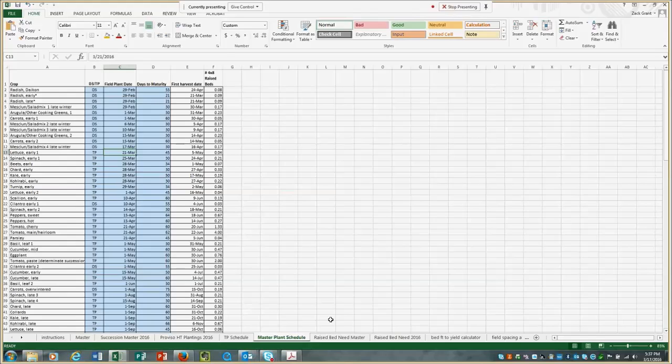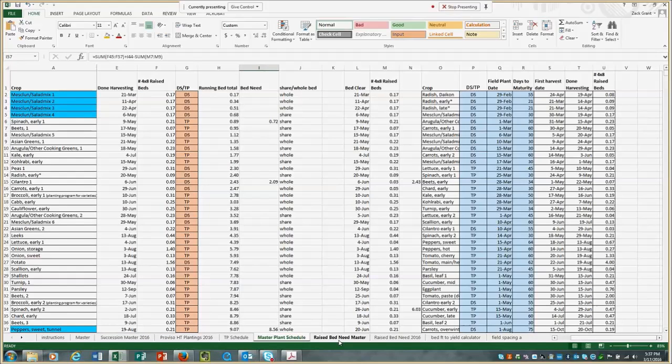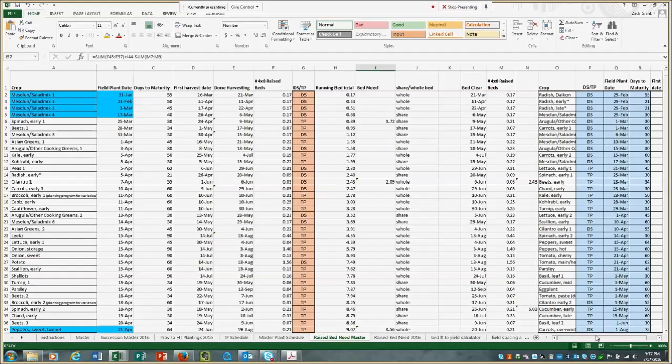In terms of how many raised beds you might have and how much raised bed space you need during a certain period of time, this next sheet is what I'm calling a raised bed need master. Now this is going to look very confusing. I don't expect all of you to utilize this, but I found it a useful tool to figure out how many raised beds I was going to need based on that crop plan